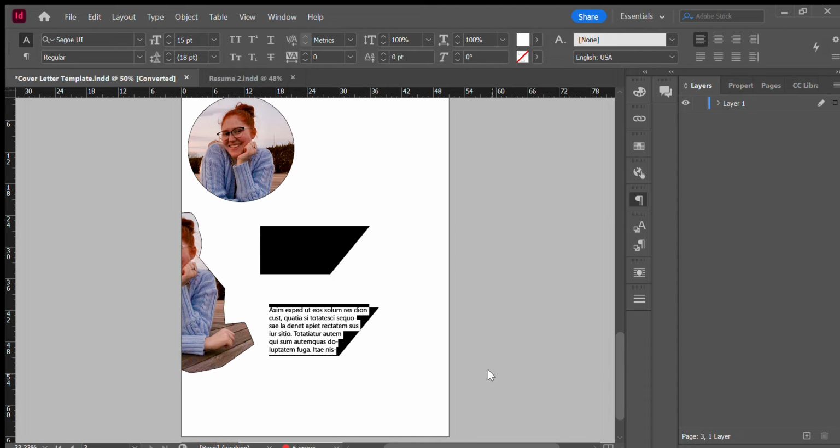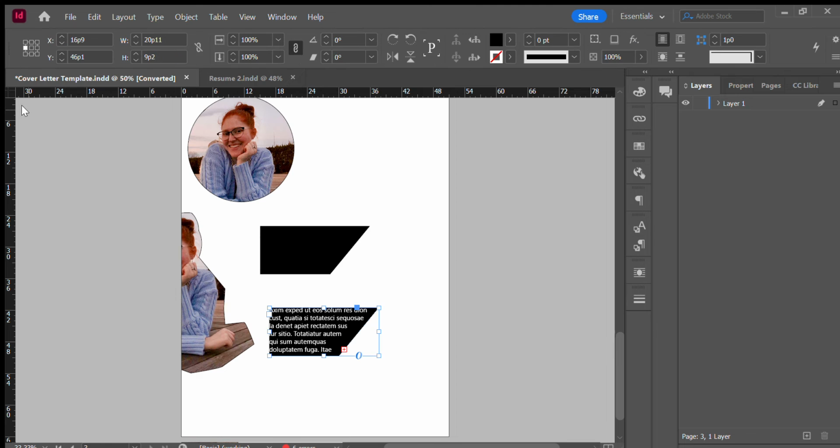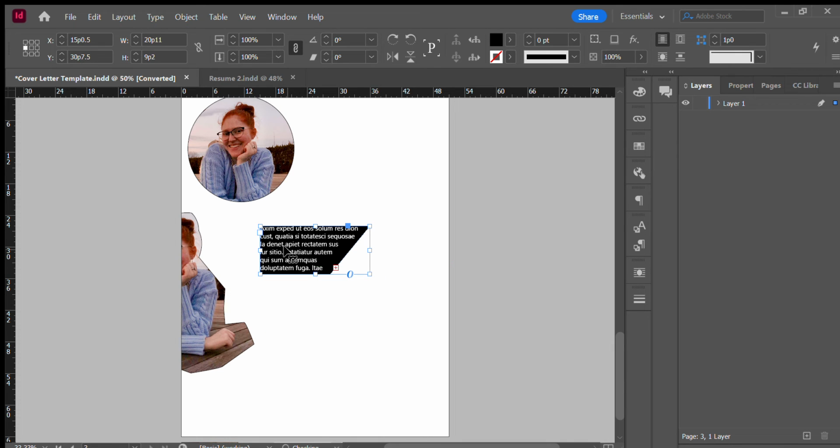This panel has all your alignment and stuff like that, and it also has hyphenate. So I just uncheck that, because usually it automatically has hyphenate, but I don't like the way it looks. So I always have to go in and fix it. But yeah, and then if I want this on my shape, I just put it right here. And then